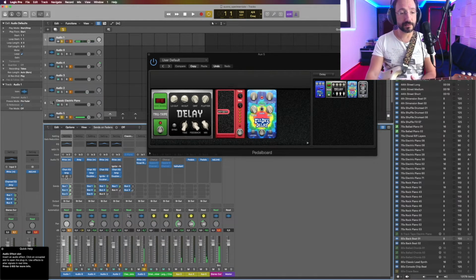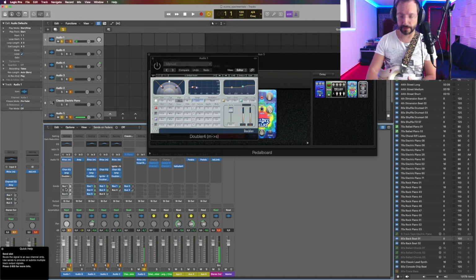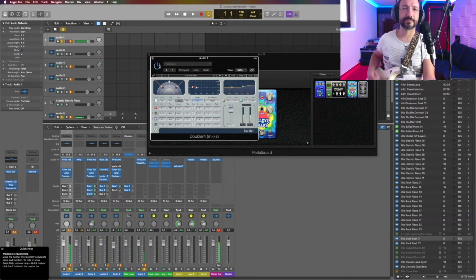And now, this is something that everyone should have on their own setup: a doubler, in order to have something like a double guitar. Let's listen to these effects alone. Turn it off. Turn it on. It's similar to a chorus, but different, because it's just the same guitar signal doubled,